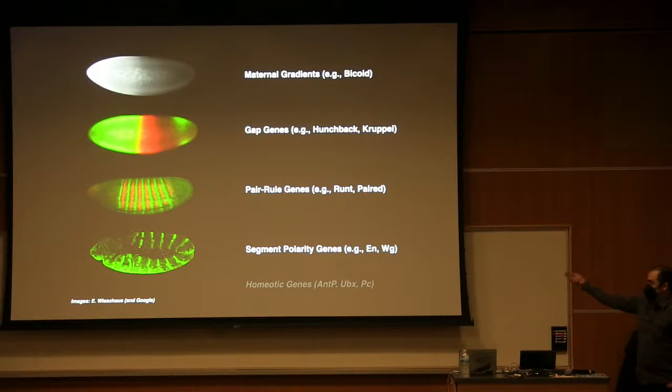And so not only do we know all the players in this system, but we also know very many of the cis regulatory elements that are responsible for making these wonderful gene expression patterns. And so we did kind of just a thought experiment. We said, well, we start off with this initial ground state. How far can you get in development with just that information in terms of accessible chromatin